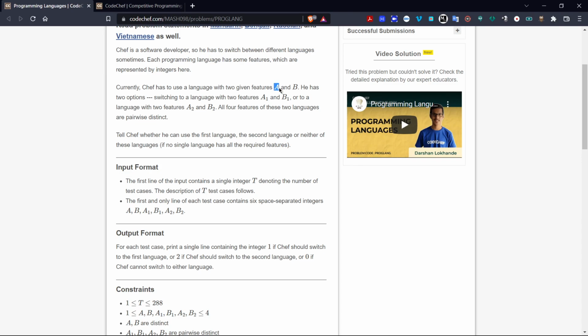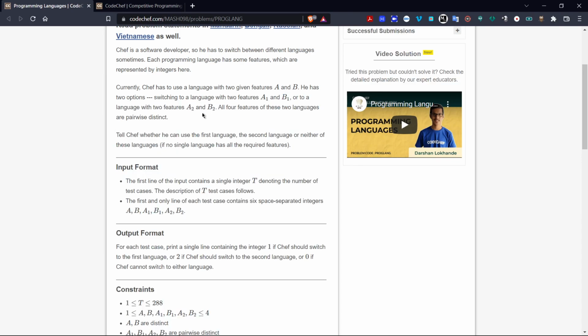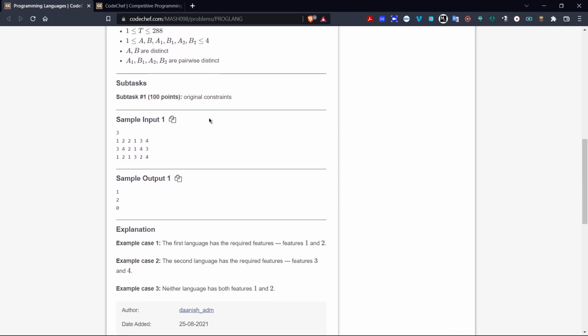Similarly, if A can take B1 from here and B takes A2 from here, that can also be not possible. So let's go to the first input. Here we see that 1, 2 is the value given by Chef as A and B. Similarly, 2, 1 is given as A1